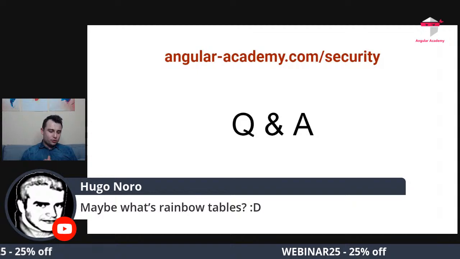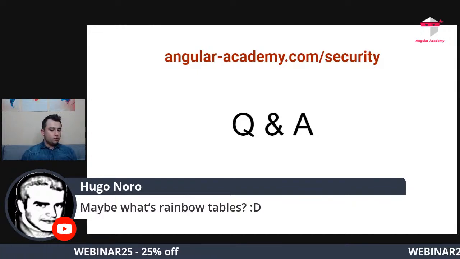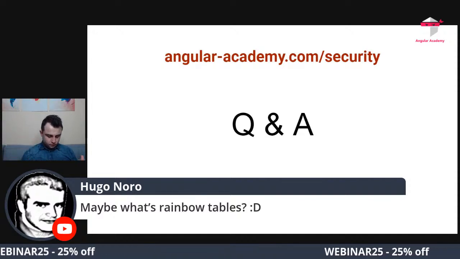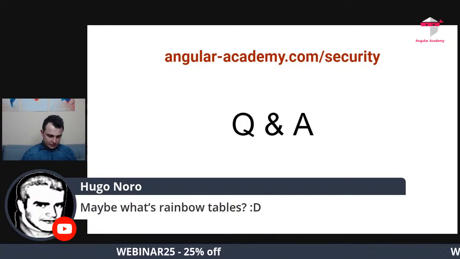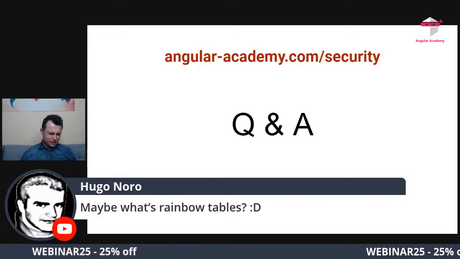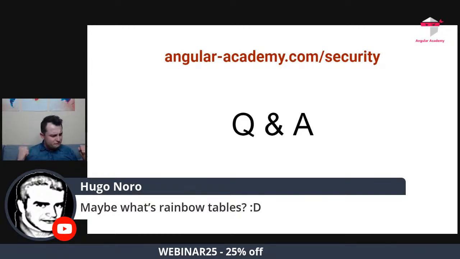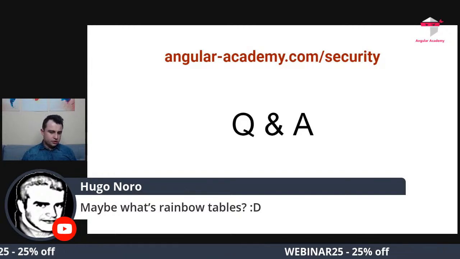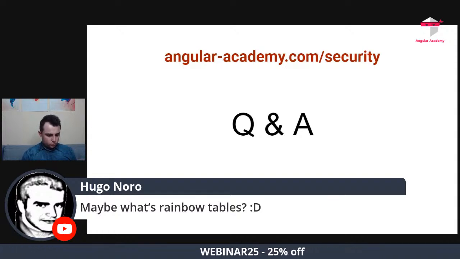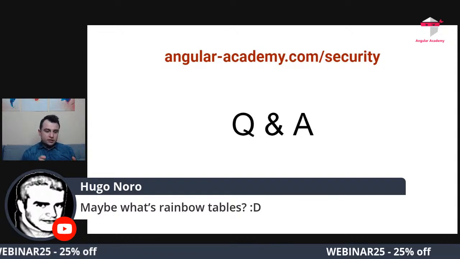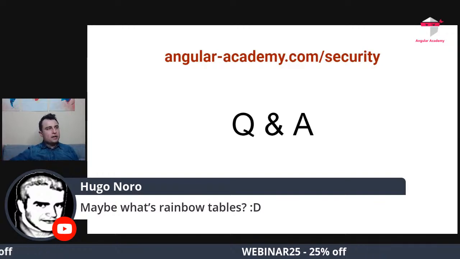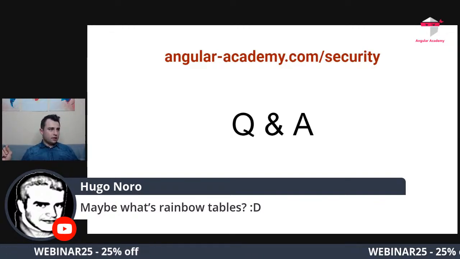What are rainbow tables? Okay, Hugo, rainbow table. So if you want to execute an attack on, for example, a JSON Web Token, and you would like to execute a brute force attack, so you want to brute force the secret. If your secret is weak, you are screwed. Actually, the number one rule when working with JSON Web Tokens is to have a very, very, very strong secret to generate the tokens. But if somebody attempts to execute a brute force attack, it takes some time to calculate the hash. Rainbow tables are pre-calculated lists of hashes, and they are compared much faster because somebody brute forced and generated many different